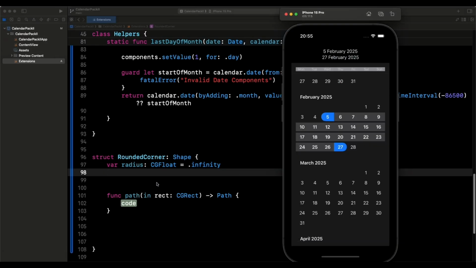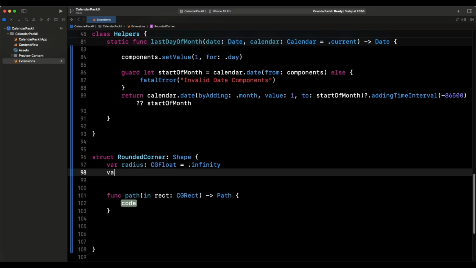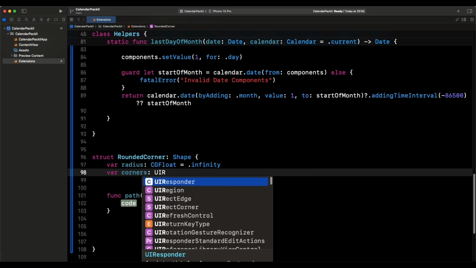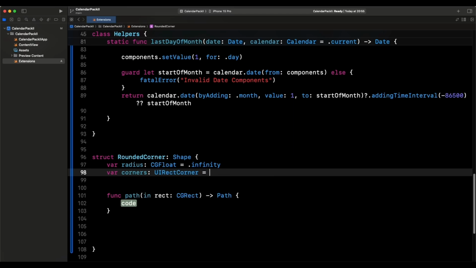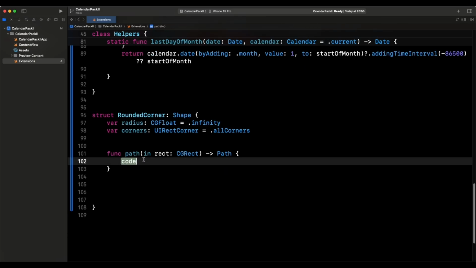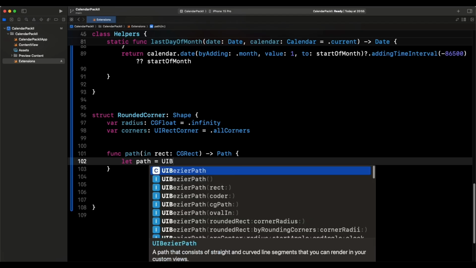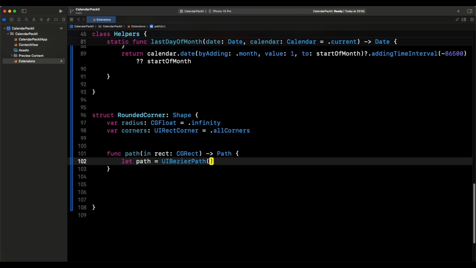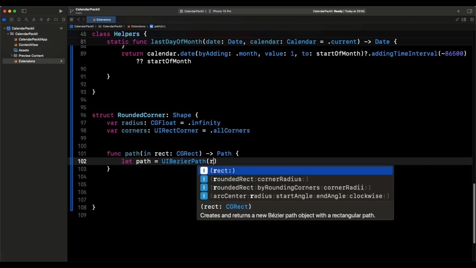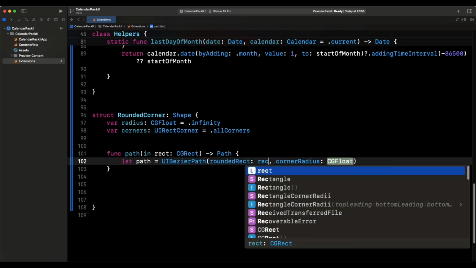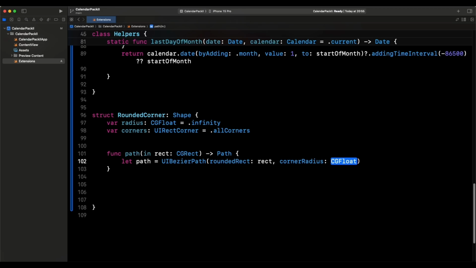And then after that, we come here and we say var corners. And what's corners? Corners is just going to be UI rect corner, like so, and this is going to be, we want it for all corners, right? And we get that, and then after that it's going to be the path, and let's do that. We say let path, and path is going to be UI Bezier path, and this is going to be rounded rect, and this is going to be rect, like so. Corner radius,